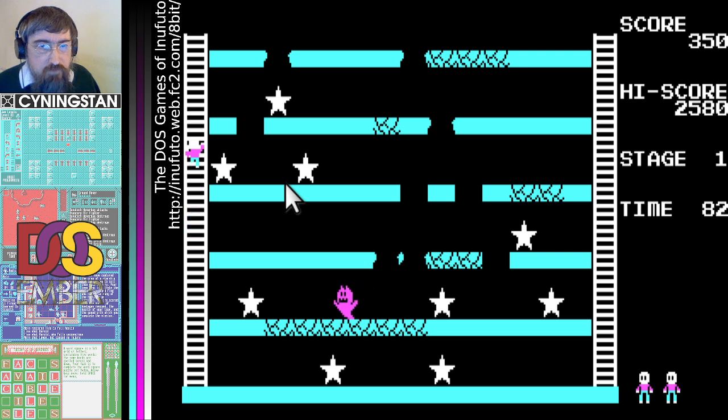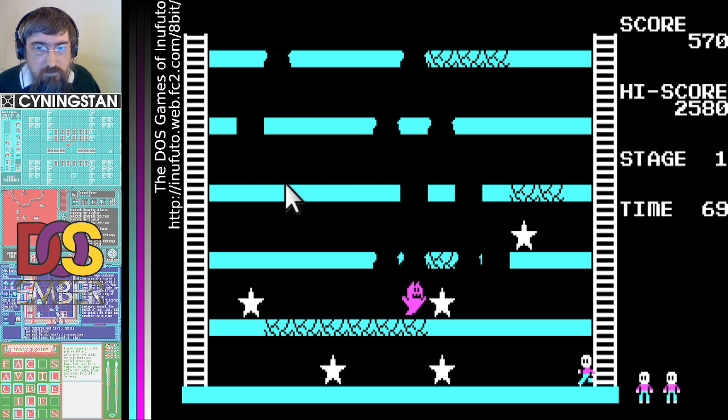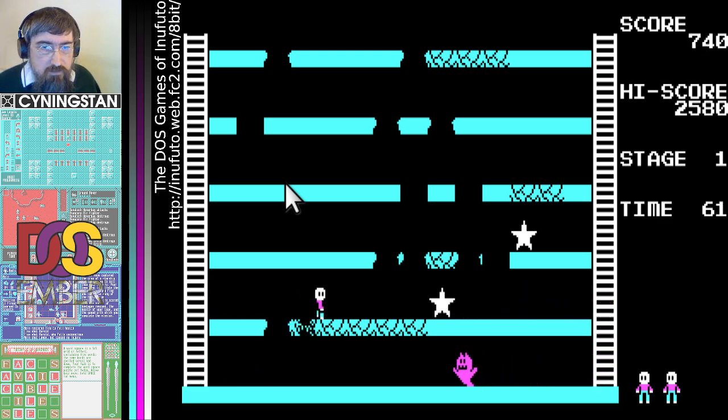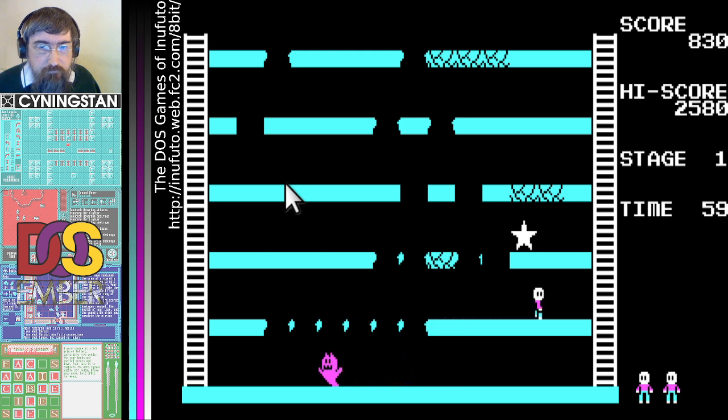Oh, I've got my stupid mouse pointer in the way yet again. Right, that ghost is going to follow me right down here. So let's go this way. Once I finish this level, I'll bring my mouse pointer out the way. There we go.